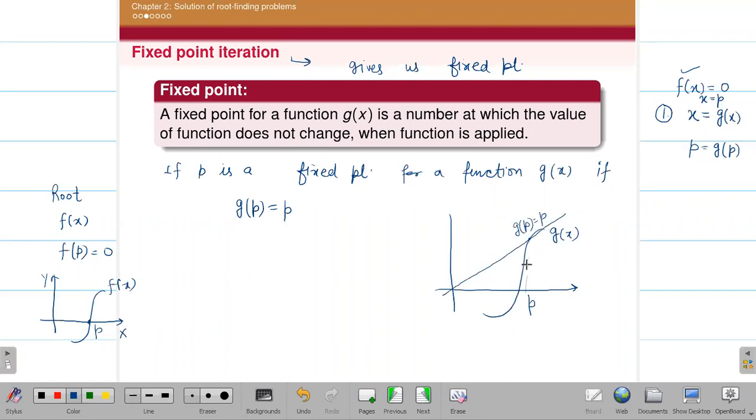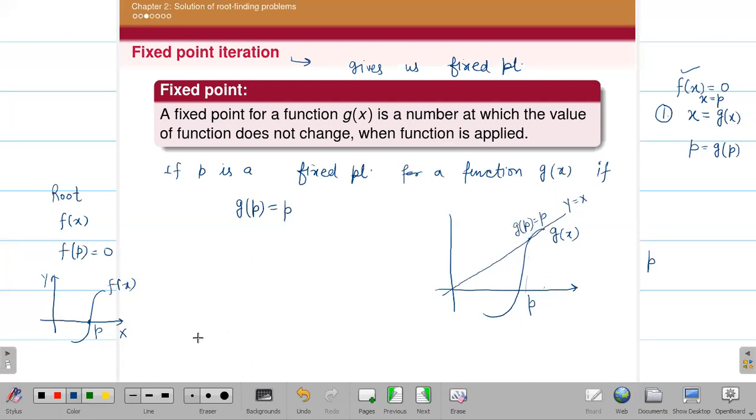This is any random function we are taking, a general function. For this function, I want to find the fixed point. So if I put p here, I should get p, na? Means I should get the same value. So now this is the y is equal to x line. Here you can see if I put any value p, then y is also p. So the fixed points of any function will lie where the graph cuts the y is equal to x line. Actually, there are two fixed points. Here also you will get the same fixed point.